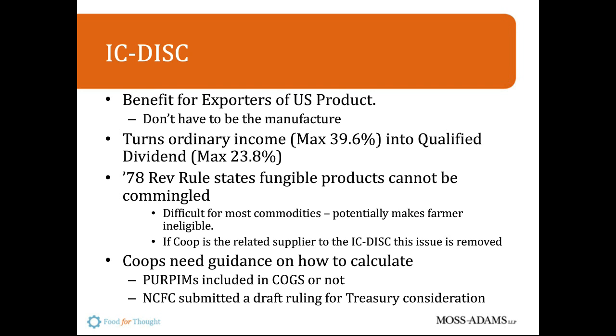The other difficulty for co-ops is how to calculate. There is a part of the commission that is either 4% of whatever the export sales were, or the way to get the maximum deduction is typically using another provision that allows for the commission to be 50% of the export profits. And that could be a substantial number. And more importantly, it could be a substantial number if we don't include per-unit retains in the cost of goods sold, similar to how we calculate DPAD.